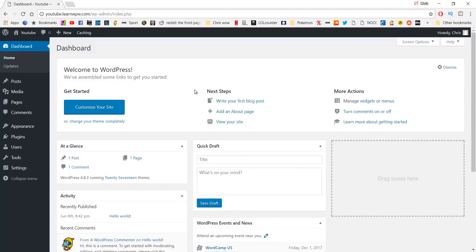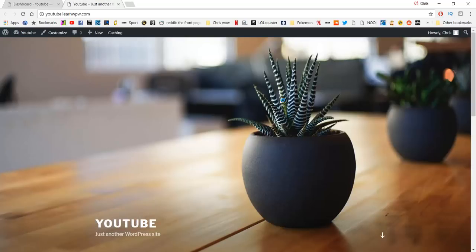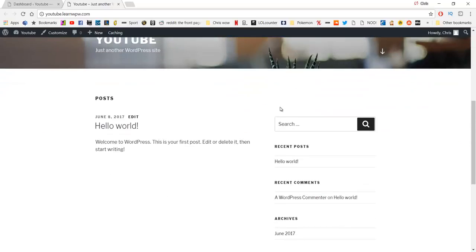So in this section, I'm going to show you how to change your permalink settings. If you don't know what a permalink is, I'll just show you real quick. If you just want to click here and visit your site, right there in the top left, and you'll see your site of course, but if you scroll down and go to your recent posts, and you'll have one called Hello World, and if you click on that,